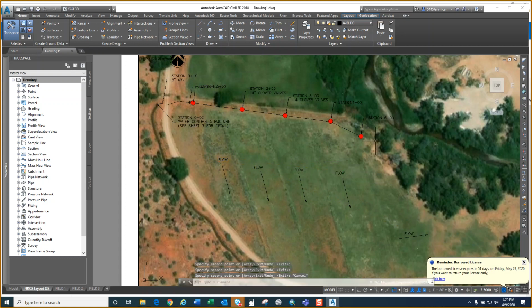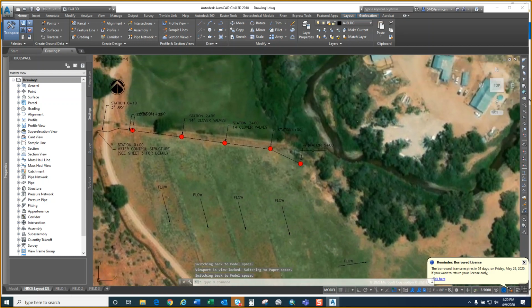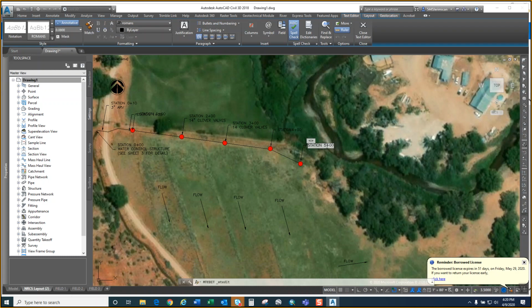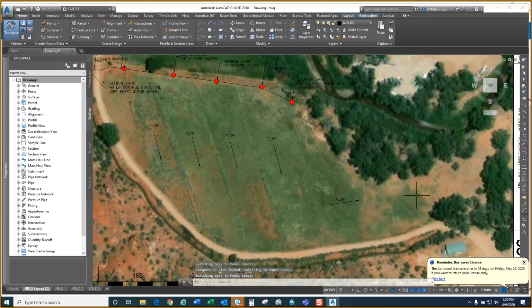Okay, so on this particular design, all of these are going to be 14-inch clover valves except for this one. This one was going to be a 12-inch alfalfa valve with bonnet because we're going to put gated pipe. So if I want to show the gated pipe strung along the field and irrigating that way, I'm just going